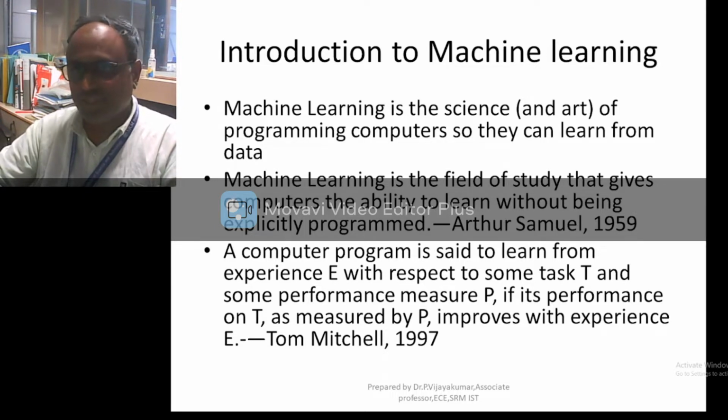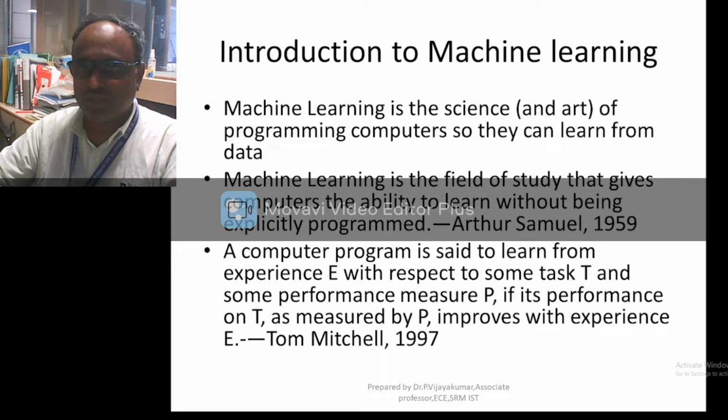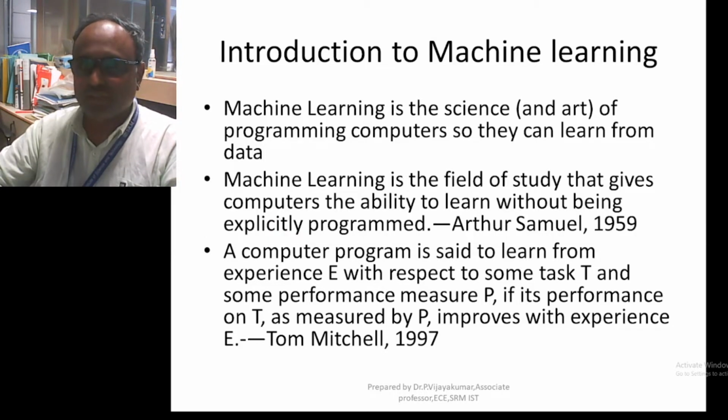Machine learning is the science of programming computers so that they can learn from data. So it is not like other traditional programs, where the program is written for learning the concept or creating knowledge from the data. Then the program will use that knowledge for the application of classification or regression problems.